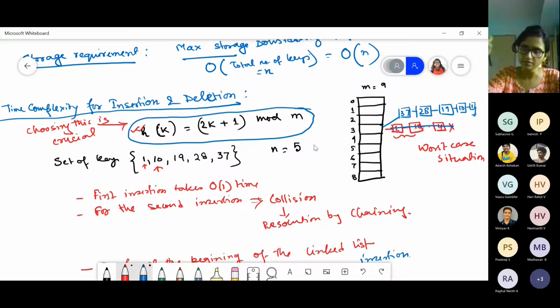If that happens, in this particular collision resolution technique, we do the chaining procedure. That is, for each slot we assign a linked list. So here also it might have one linked list, here also it might have some linked list. If nothing is there, this linked list will be empty.